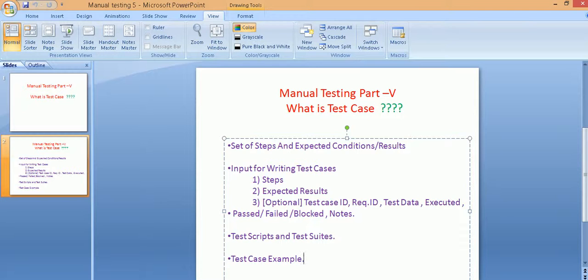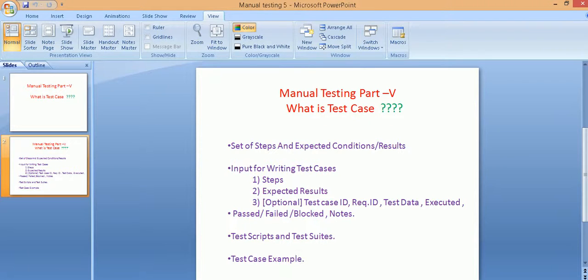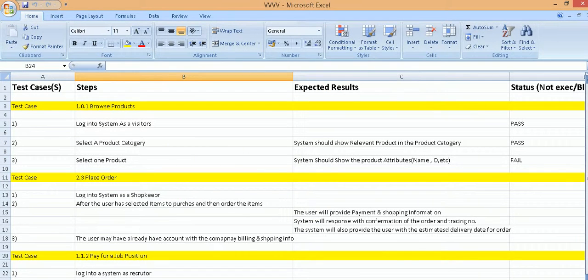Now, when you execute the test case, many a time different inputs are required. So along with the steps, you have to provide some data. For instance, your test case is to test the login functionality of the system, and in order to test it, you need to provide the login name and the password. The login name and password are the test data that you need to execute the test case.